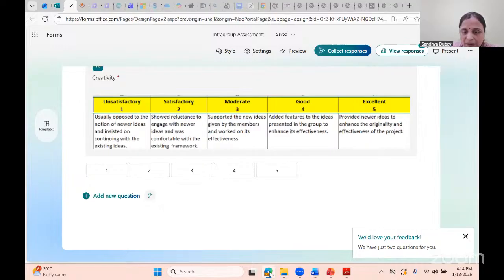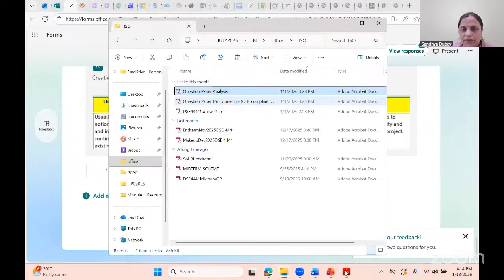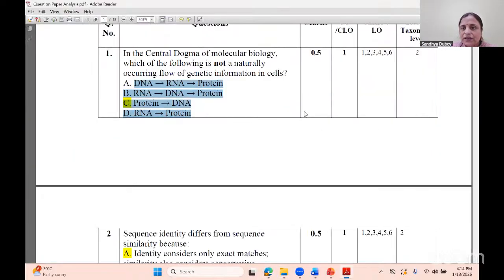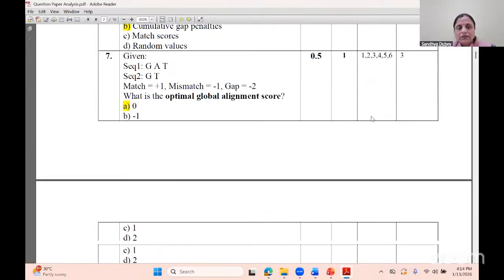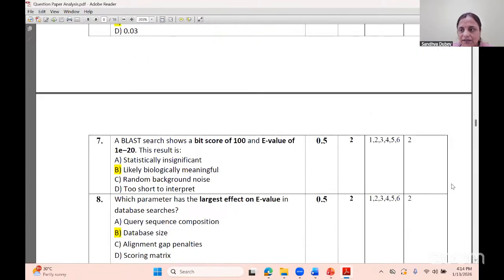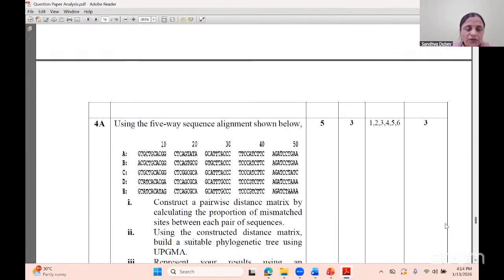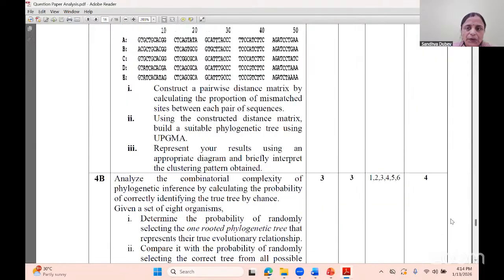For example, I'll just show one simple sample question paper. It was open only, na? So we need to mention here, sir, to which Bloom level it is mapping, to which CO it is mapping, to which learning outcome it is mapping. These are the internal assessments, or the tests I have conducted inside the class. I'll just show this midterm, the 20 marks midterm.